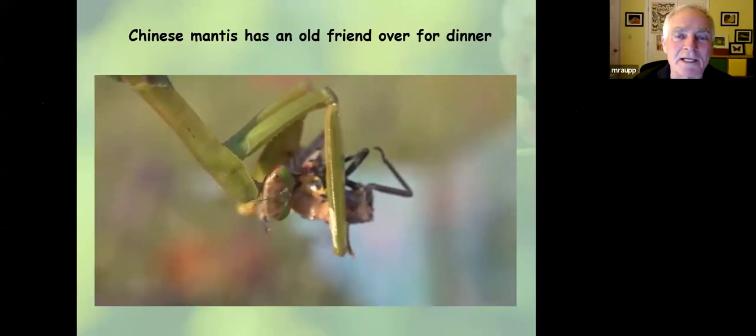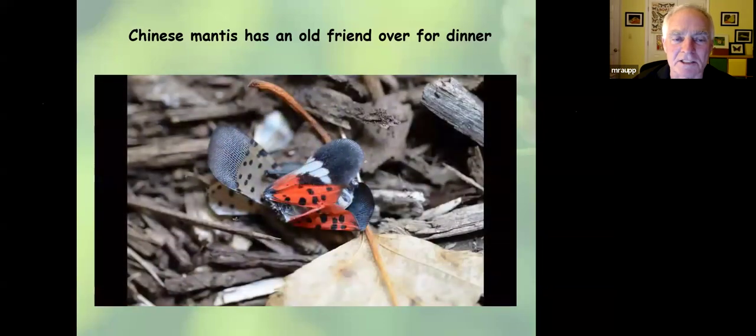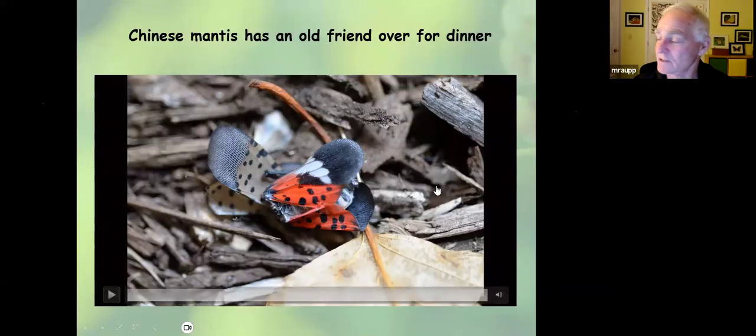Now, basically, she would eat as many spotted lanternflies as I would feed her, leaving behind only the wings. Okay, so again, tremendous predator. And remember now, the Chinese mantis evolved with the spotted lanternfly back over in China. They've been evolving for millions of years. So this is very much like Hannibal Lecter having an old friend over for lunch, as simple as that, right? They know what to do with this. Okay, so highly valuable in terms of biocontrol.